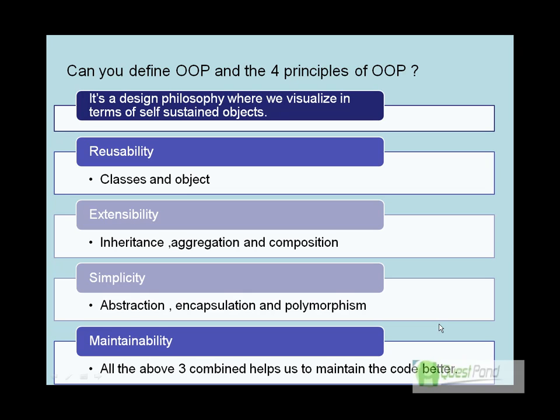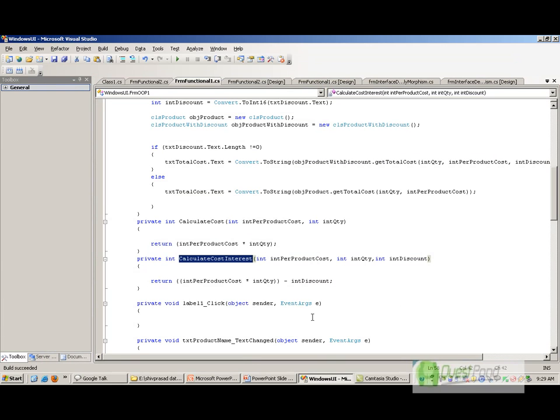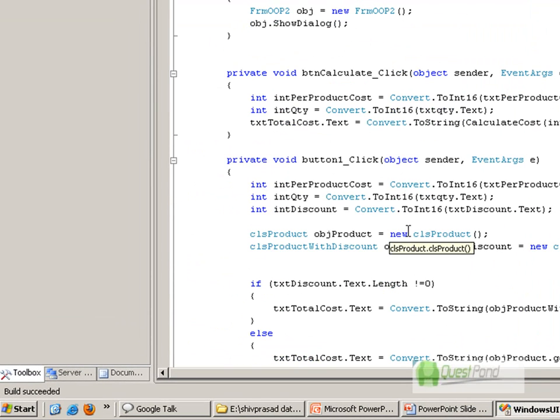Object-oriented programming is a design approach where we think in terms of objects, rather than thinking in terms of functions. So rather than thinking in terms of functions like function 1, function 2, or technical functions, we try to think in terms of real-world objects. Let me try to explain what that means. So rather than thinking in terms of a function like calculate cost, or calculate interest, what we do is create objects like a product object, or a product with discount